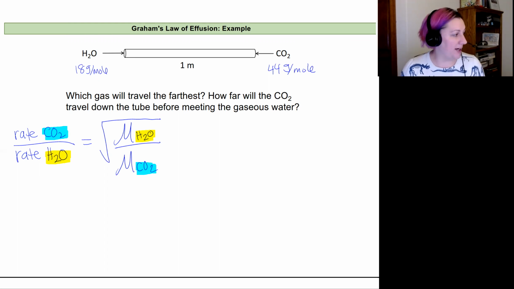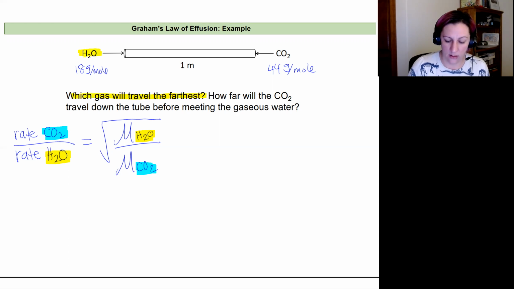All right, so here's Graham's law of effusion that we're working with. The information that we need to get a ratio is this molar mass in kilograms, and that will give us the ratio between the two. Since we're going to have this travel over 1 meter, we'll use that ratio information later to get the exact distance. So what we'll do is first say that the gas that'll travel the farthest is going to be